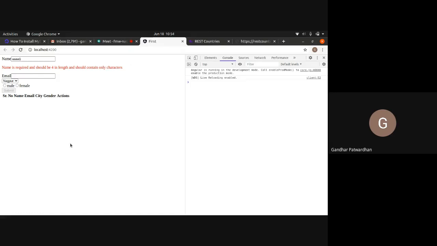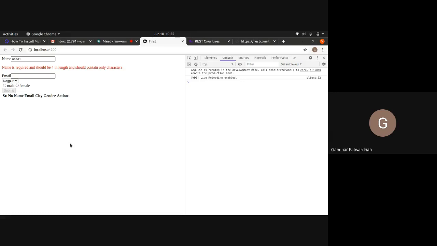Sir, can we display that error while clicking on the submit button? Yes, Vaishnav, we can display that error while clicking on the submit button. Only thing is that for all your errors, you need to set a flag in the submit function. Inside submit, you should check whether your form is valid or not, and if the form is invalid, you should set a Boolean variable to true or false.